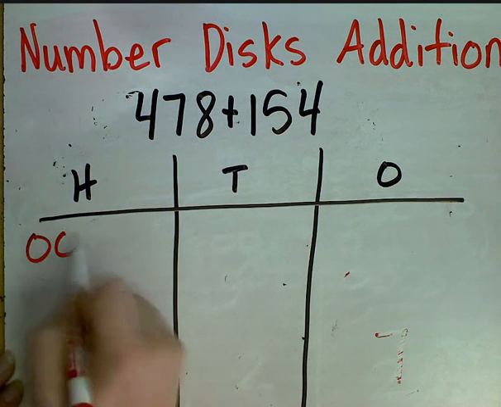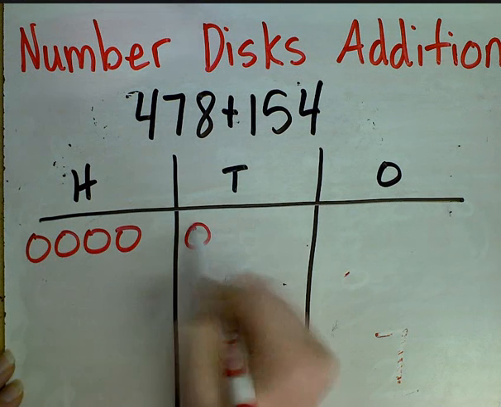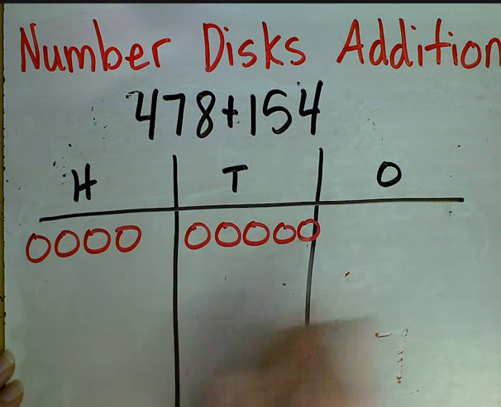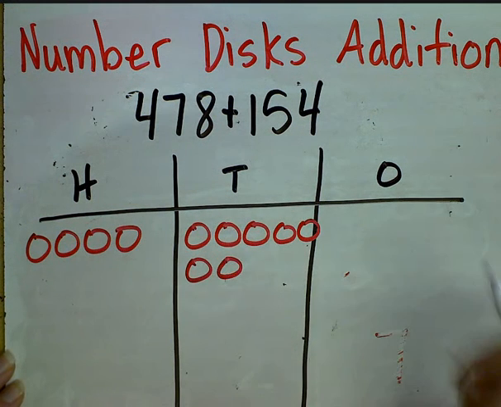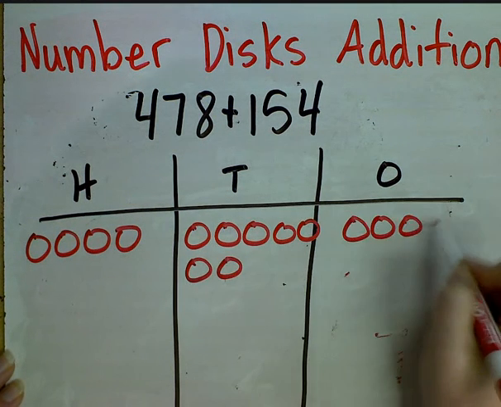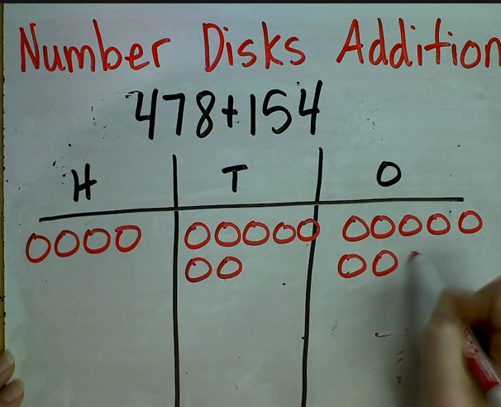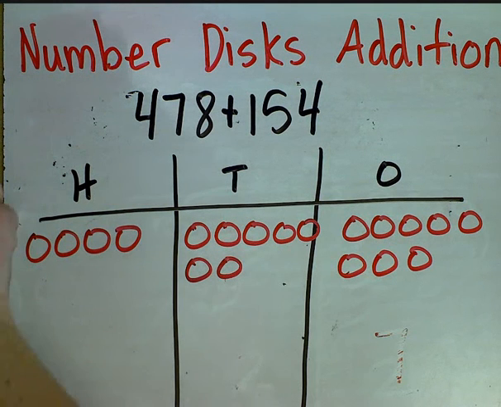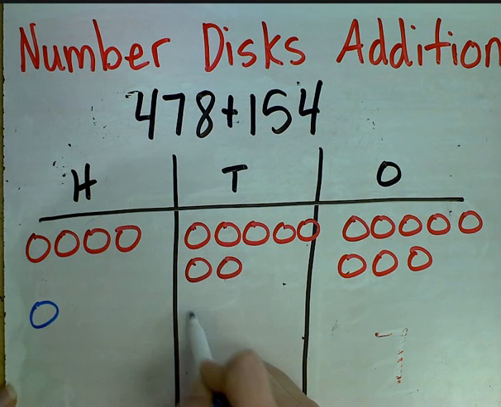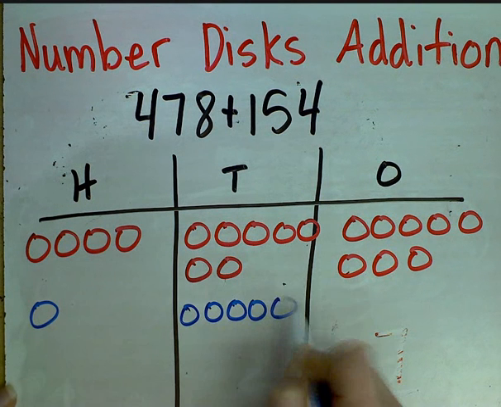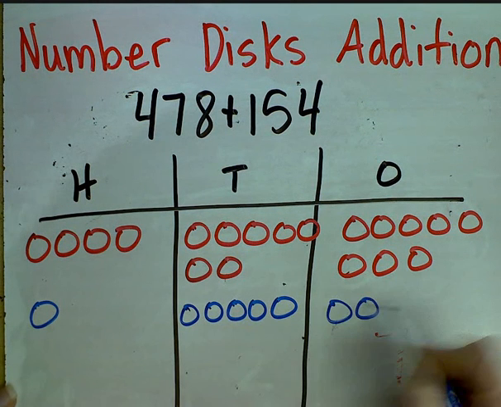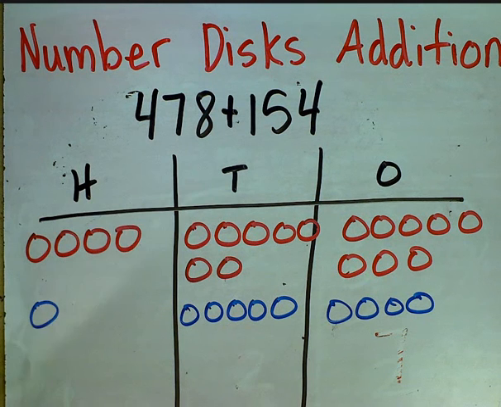4 hundreds, 7 tens, and 8 ones. And now I'm going to look at my other number that I'm adding, which is 154. 100, 5 tens, 4 ones. Now, again, I'm starting in the ones spot to see if I have a bundle of